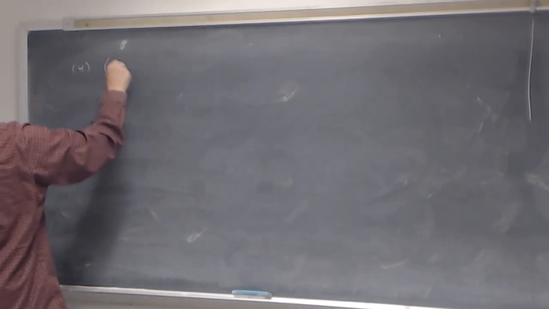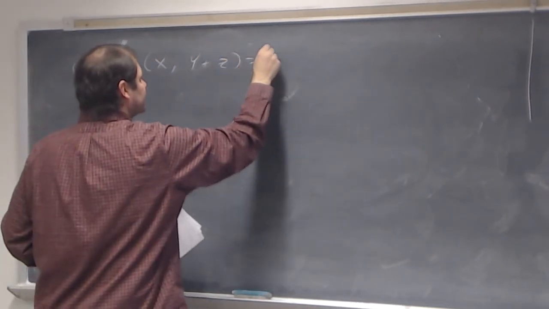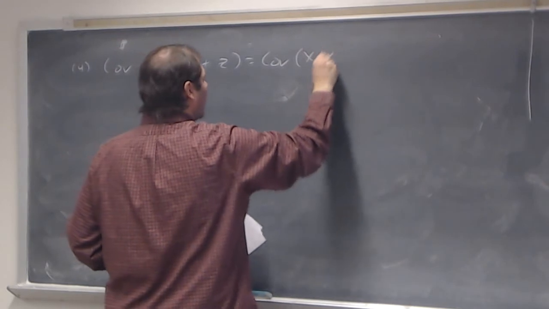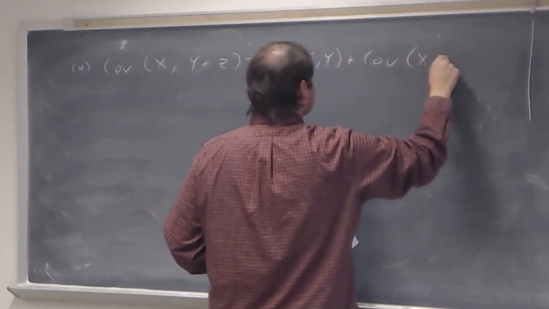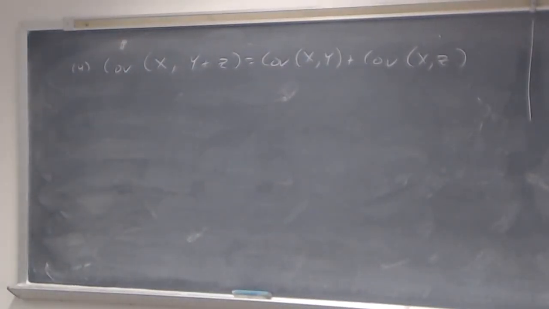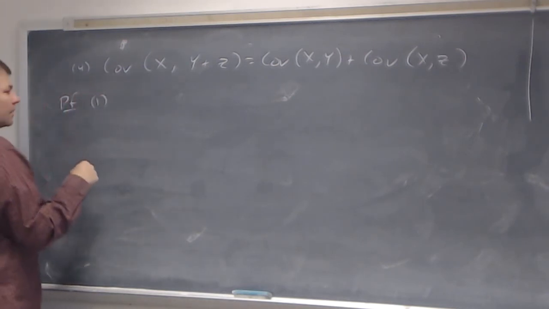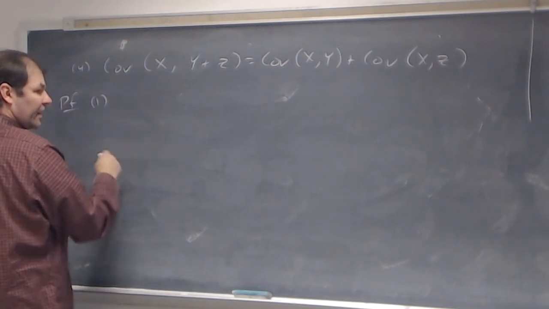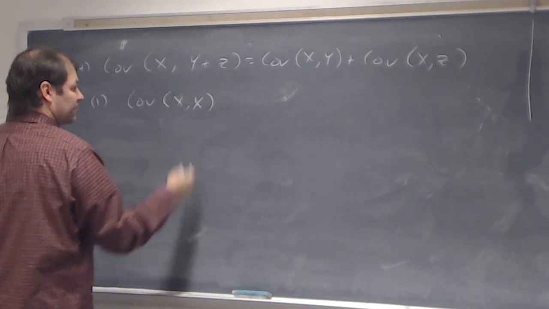So the last property was that the covariance of x with y plus z, that's equal to the covariance of x with y plus the covariance of x with z. So I said these were easy to prove. We'll go ahead and do that. The first part, part one, was that the covariance of x with x,